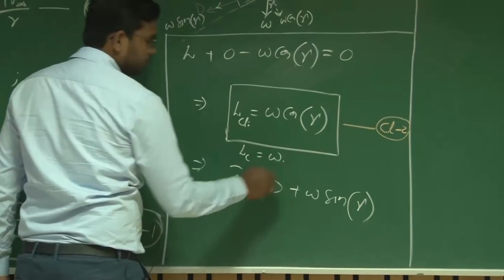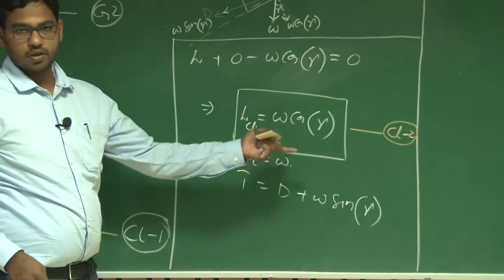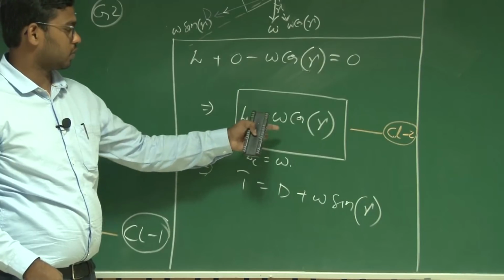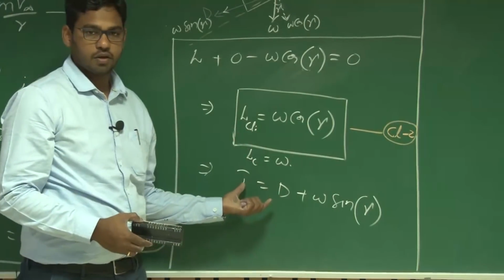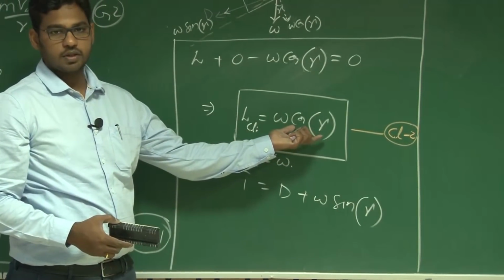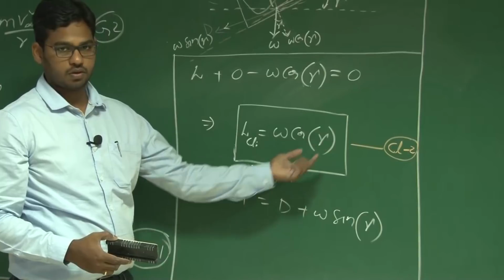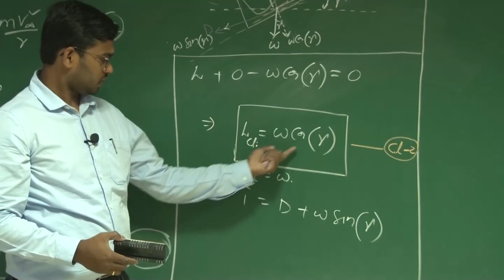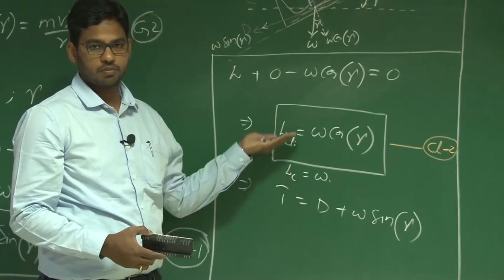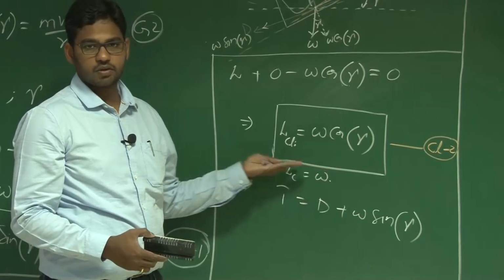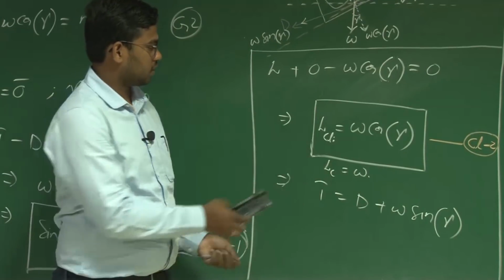CLC is W. So if I divide these two, what I have is CLC into cos gamma. Lift for climb equals lift for cruise into cos gamma, which means the lift for climb is less than that of cruise, since cos gamma is less than or equal to 1, right? The maximum value of cos gamma is 1, when gamma is 0. That is the maximum case for this equation, which is cruise, right? So lift for climb is less than that of cruise.